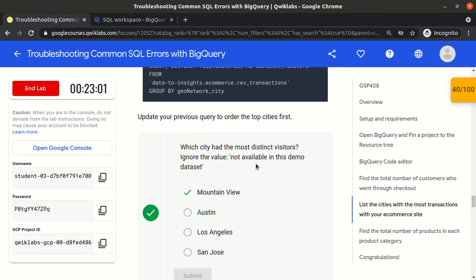So we ignore the value not available in the data set. New York is not here, so then it is Mountain View.